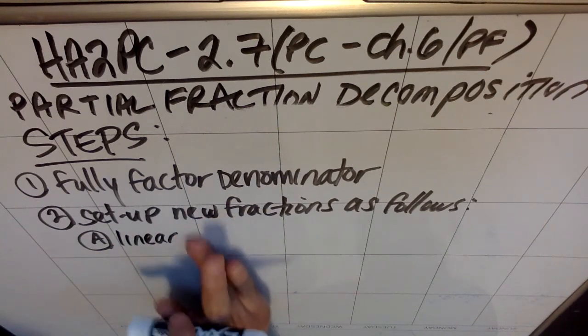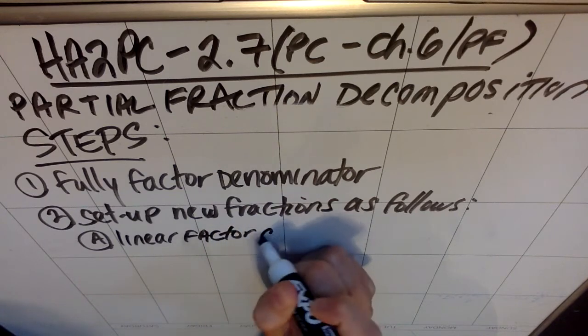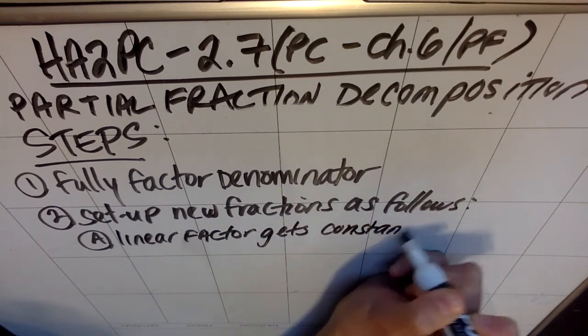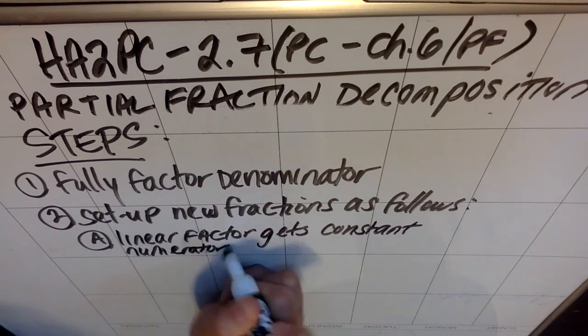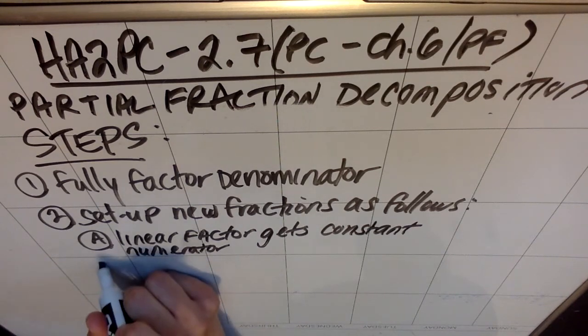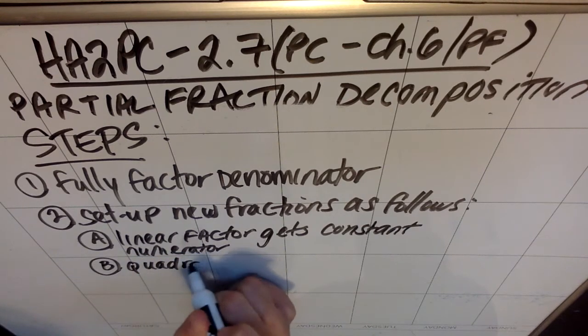A linear divisor, or a linear factor, right? A linear divisor or a linear factor gets a constant numerator. In fact, the underlying information here is that the numerator is always just going to be 1 degree lower than what the denominator is. So if the factor is linear, which is a degree 1, then the top has to be constant, which would be degree 0. But along that same logic, quadratic factors